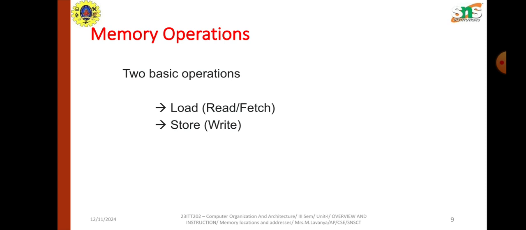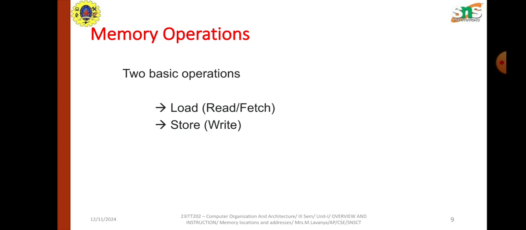After that, those values will be processed by the ALU, and the output will be stored back to the temporary registers, and from the temporary registers the actual memory location will be written with the output result value. These are the steps which are followed for execution of